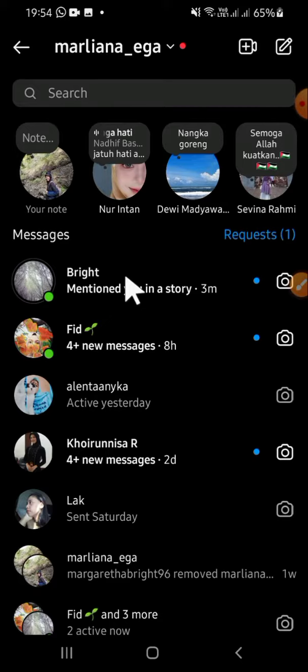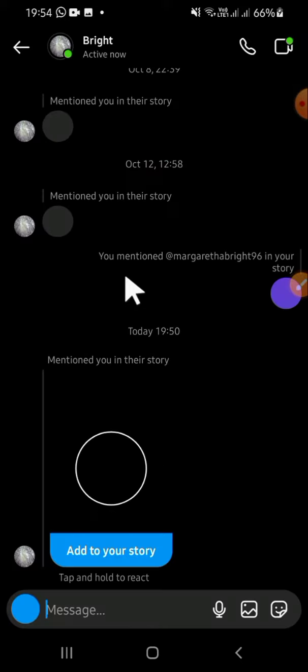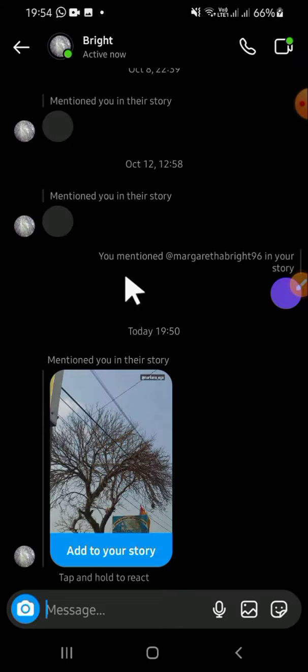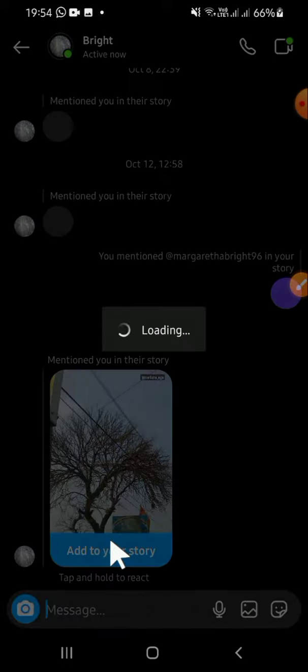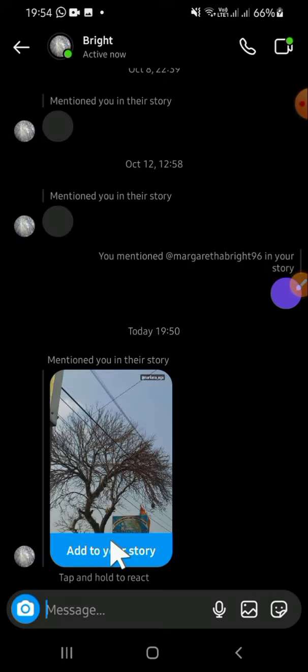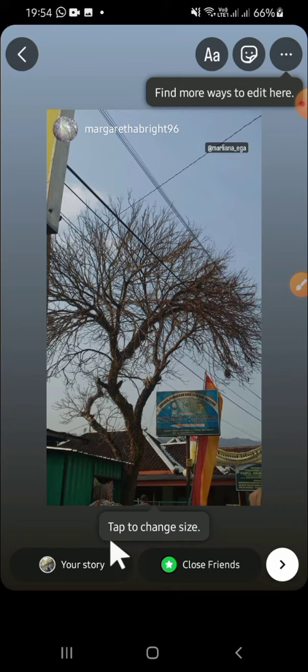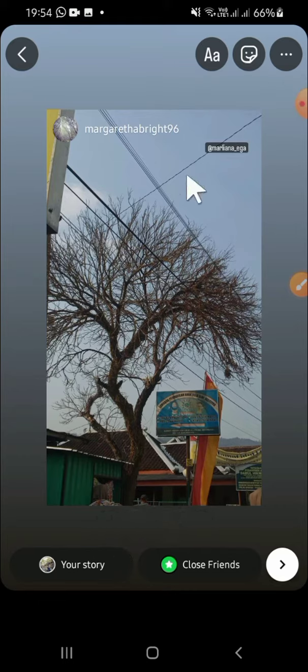Just tap on it. Then if you want to repost the story, you can simply click on add to your story right here, guys. Right, and hold on, it's still loading. Alright, and before you post the story, you can edit the story. You can add tags or add stickers to your story, and I'm just going to repost the story without editing